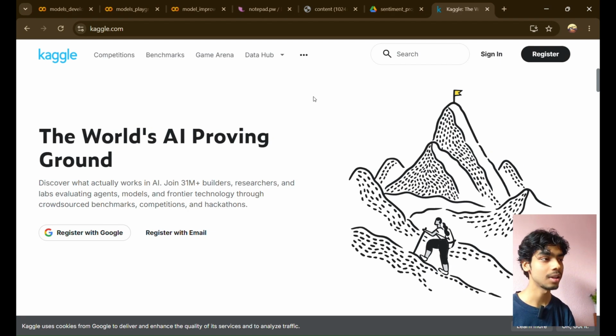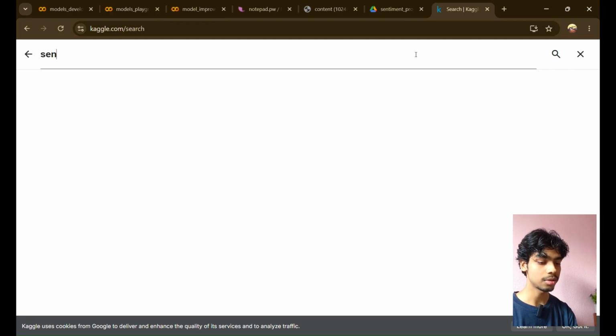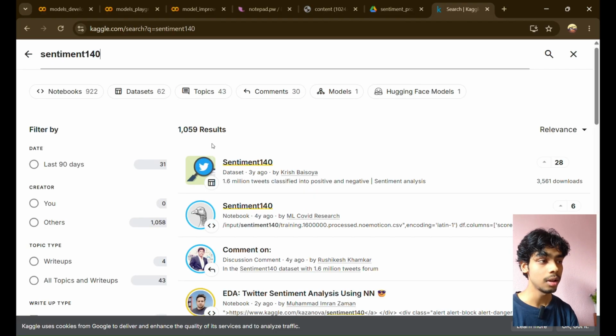So hey everyone, today we are building a sentiment analysis model, which is a simple but very powerful project for basic understanding of ML models and neural networks. So let's get started. First of all, go to kaggle.com and in the search bar search for Sentiment140 and